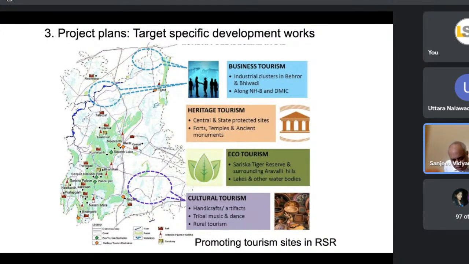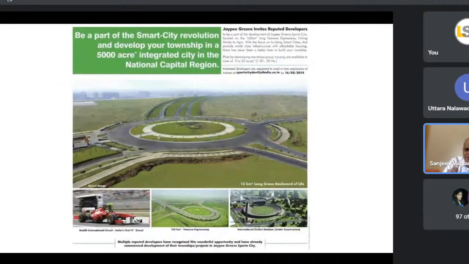Then the third kind of plans, which architects are most familiar with, are project plans, which are sort of specific, site level. They could be around tourism. This is an example from the Rajasthan state sub-region plan that seeks to promote tourism activity in Rajasthan in the area of Alwar, which is part of NCR. So that's the third kind of plans, project plans. They're very specific. They could be for township development, integrated cities, housing estates, but project level, right?